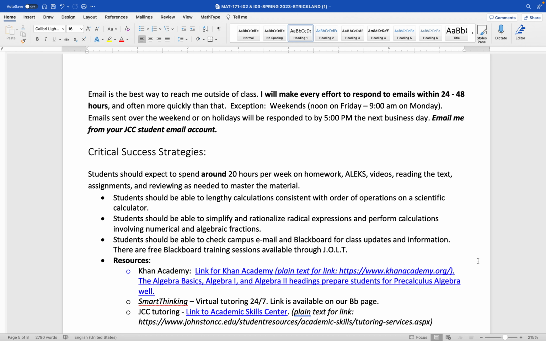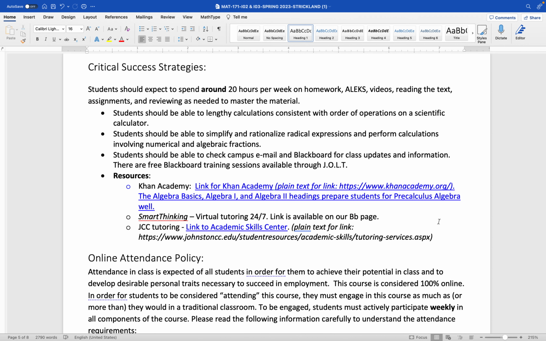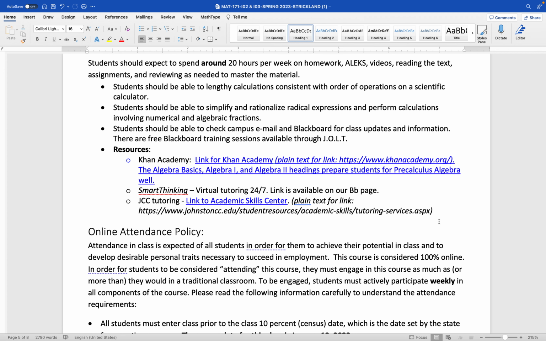Now, for the critical success strategies, students should expect to spend around 20 hours per week on homework concerning ALEX videos, reading the text, assignments, and so on. And now for resources, we have the link to Khan Academy, as well as Smarthinking, which is virtual tutoring 24/7. For JCC tutoring, we also have the link to the Academic Skills Center, and those are extra resources that you can utilize in receiving help for all kinds of curriculum courses,